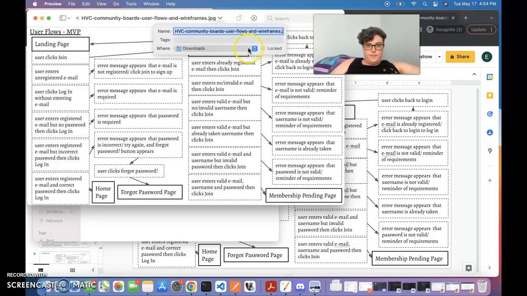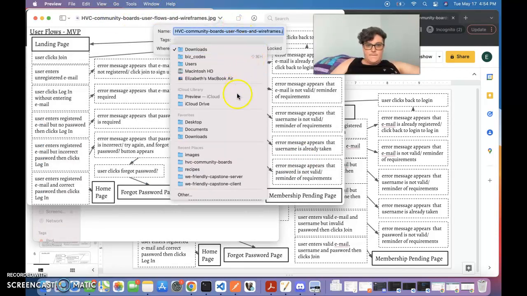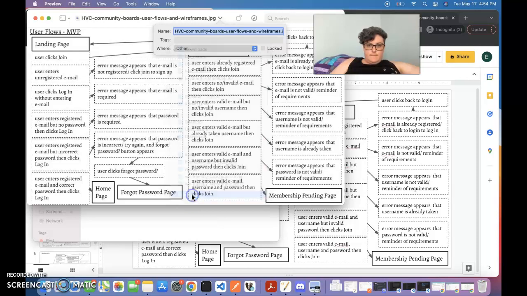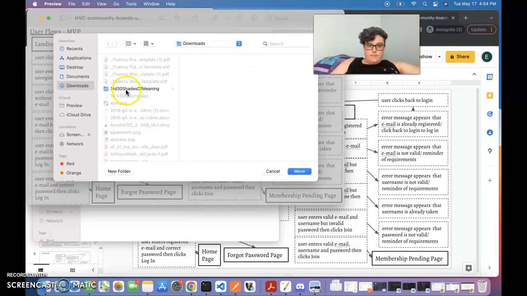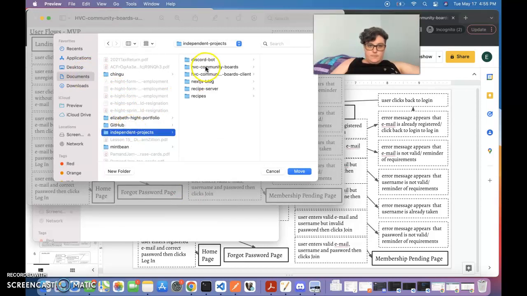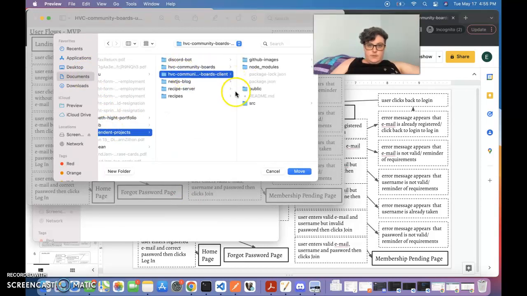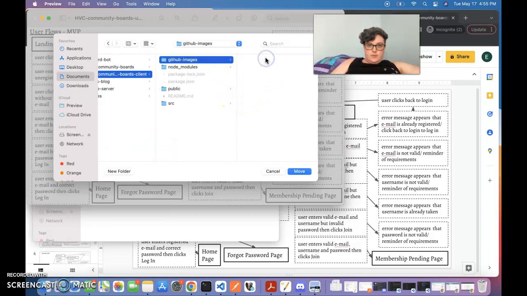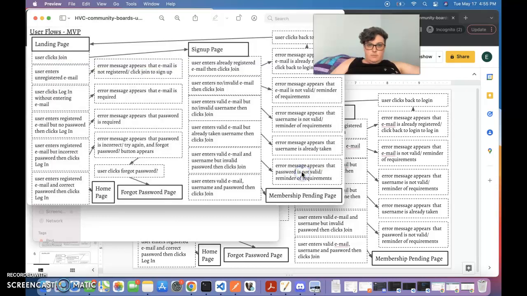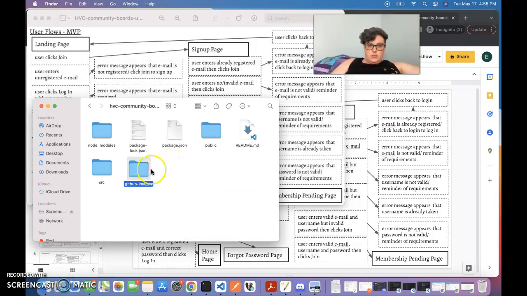Clicking up here. Other documents, client, GitHub images, move, and